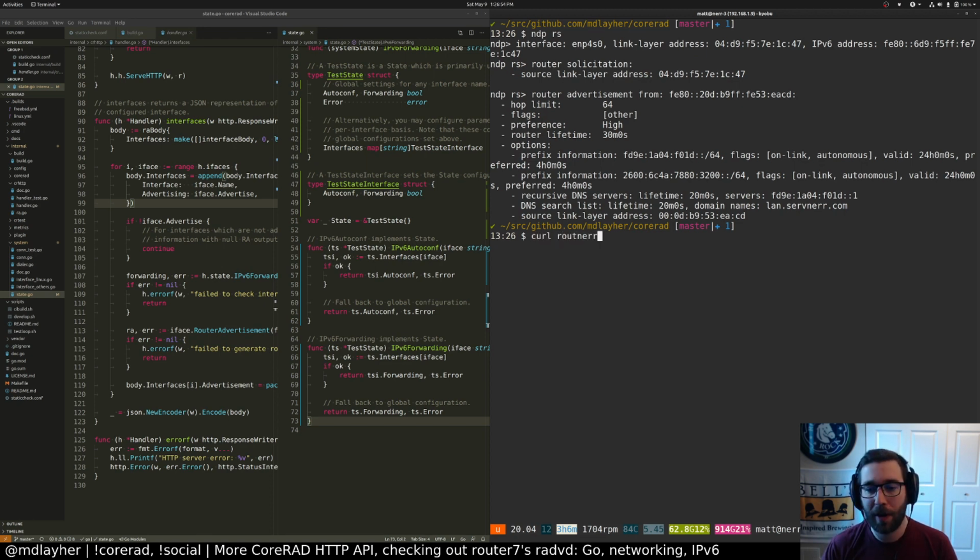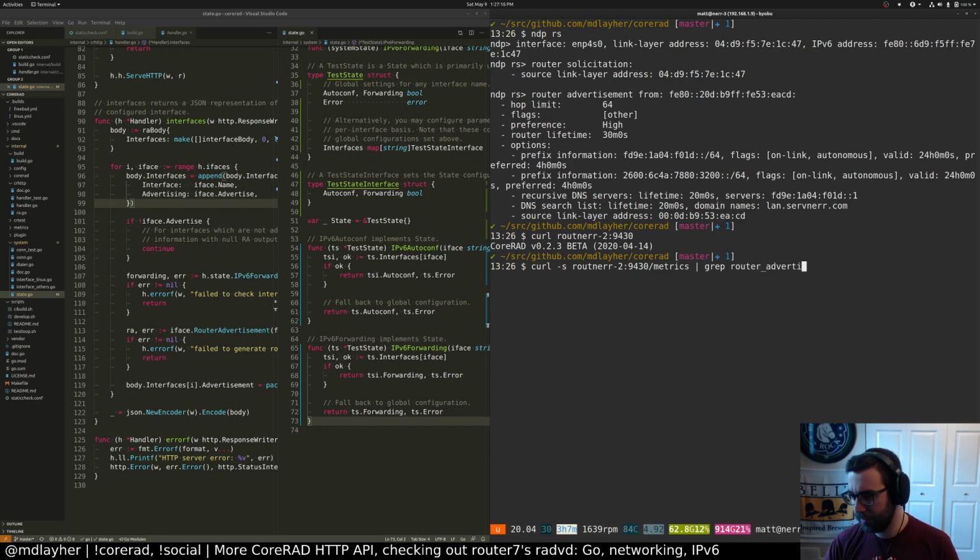So if I curl the router's webpage, version 0.2.3 beta, you can see it's running on my router. We can check the Prometheus metrics. This is another cool feature I added. So we can grep for, do we have prefix? No, we don't yet. Sad. I'll have to get the new one packaged for NixOS. So we can grep for, for example,